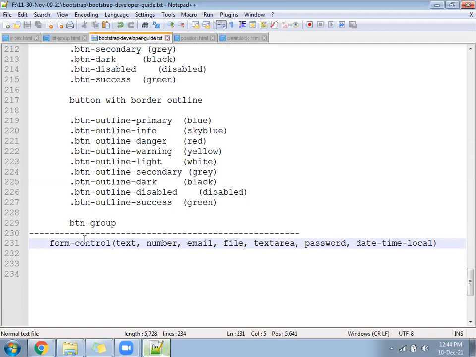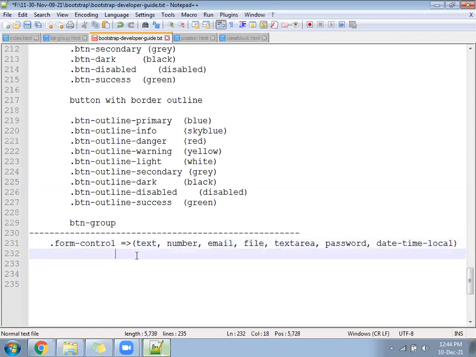Hope you are ready? Let's go next. So whenever we use the form-control class, we get the form design, and this is applicable for the following input types. It is not applicable for radio buttons and checkboxes.